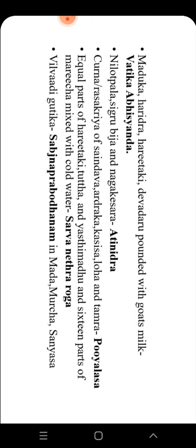Okay. And one thing you have to notice is Vilvadi Guliga. It is very important in Swapna Prabodhana in Mada, Murcha, Sannyasa. In one patient, I have one experience. Patient with Mada. We applied the Vilvadi Guliga as a Swapna Prabodhana Dravya. It's very much effective in that condition. And also Vilvadi Guliga has a special effect in Visha conditions. It is ground with Tulasi Swarasa, mainly used for Visha Damsha, Gedha Damsha, Arachnid bites and all. It's used as